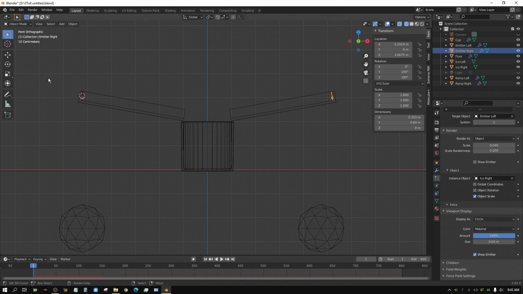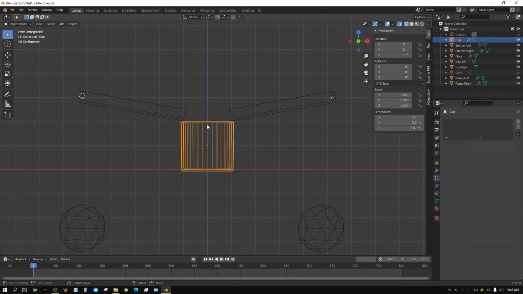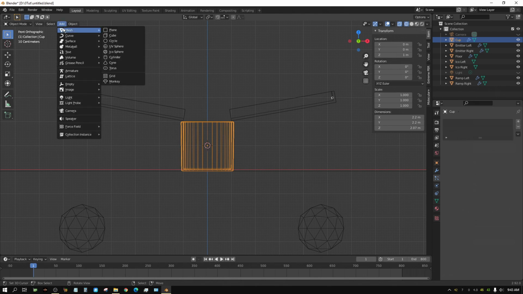Now, let's go ahead and add the force field that's going to suck the particles out of this cup. So, I'm going to select this cup, press Shift S, and then cursor to select it. That way we put the cursor back here in the origin of the cup. That way when we add the force field,